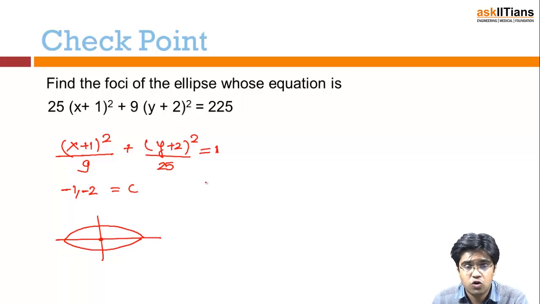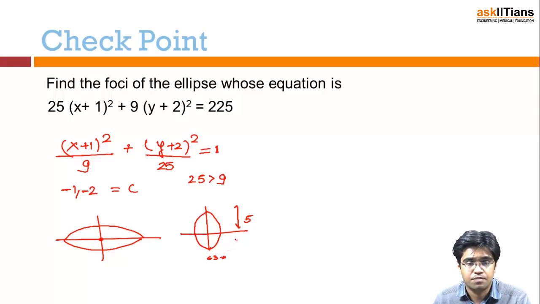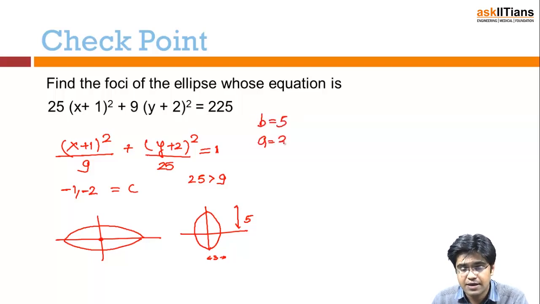There is one thing that we need to note. 25 is greater than 9. That means this b is the major axis and this a is the minor axis. That means this ellipse is actually not like this, it's like this, because b is actually 5 and a is actually 3. So that means this ellipse is rotated 90 degrees. Now we have b as 5, a equals 3,